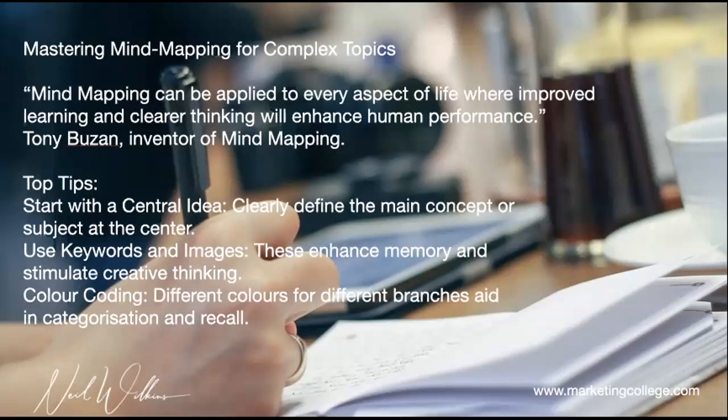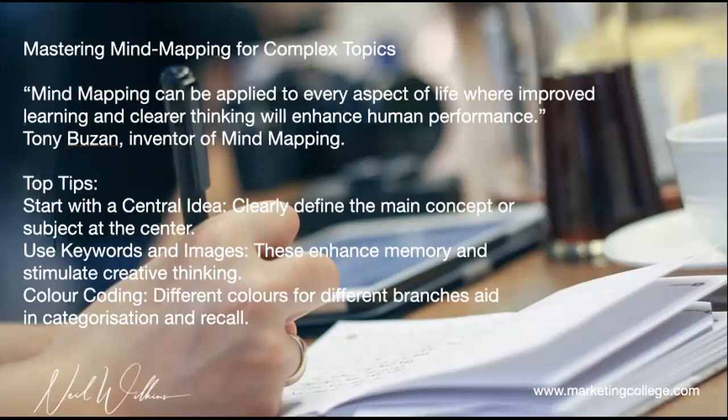So in other words, if you have this key concept at the middle, which in theory should be quite easy to retain in your memory, then just by seeing that key concept or phrase or word, you can remember the next level out. And then by drawing that next level out, you can then remember the next level out beyond that. So you start to see this, and this is why it's called a mind map. You start to see it mapping out those synapse connections in your memory